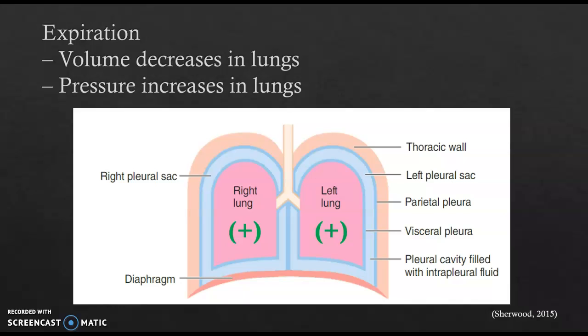Then when we go to breathe out, or exhale, the diaphragm is going to relax. When the diaphragm relaxes, it will return to its upside-down U shape. So it pushes up on those lungs and allows them to recoil fully so that they can go back to their original resting size, their non-stretched size. What's going to happen at that point is the pressure within the lungs changes, because again, we had all of those